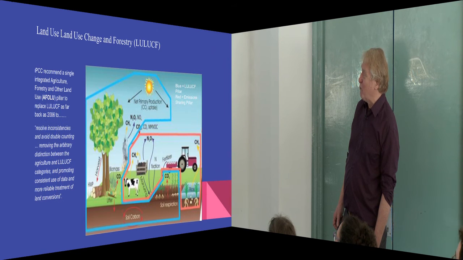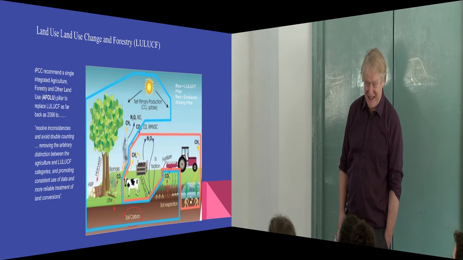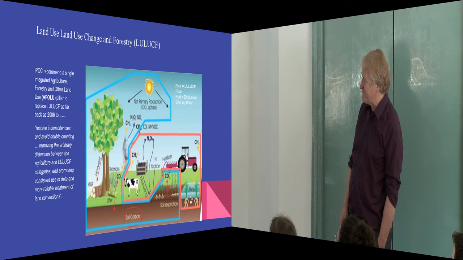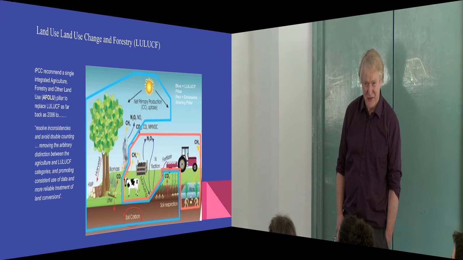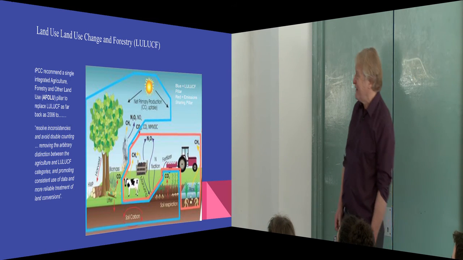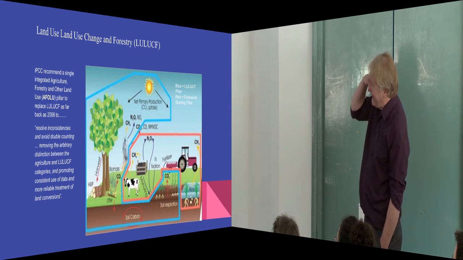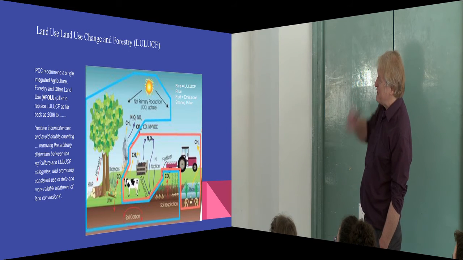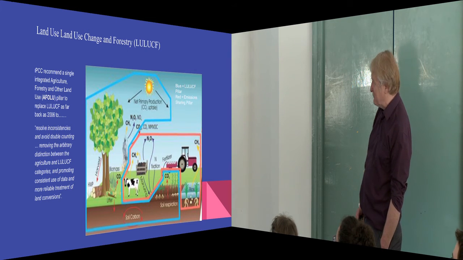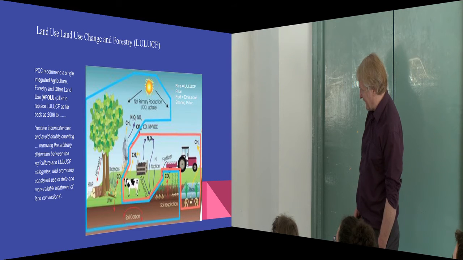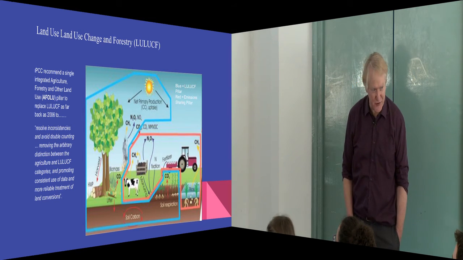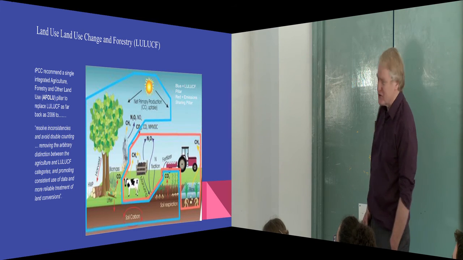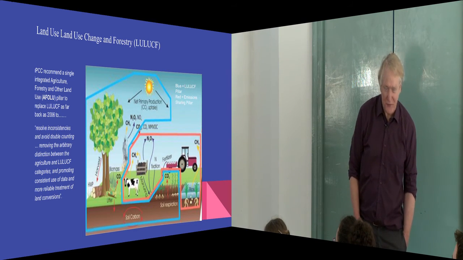One thing that doesn't make it any easier is that we've inherited political interference, if you like, with the way that scientists would like to do these things. So that's a farm, okay? All the emissions on the left-hand side, which are bounded by the blue line there, are this thing called LULUCF. So that's land use change and forestry. All the things on the right, which are the non-carbon emissions from the farm,